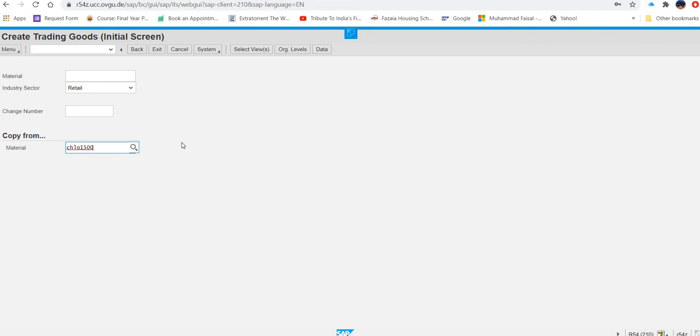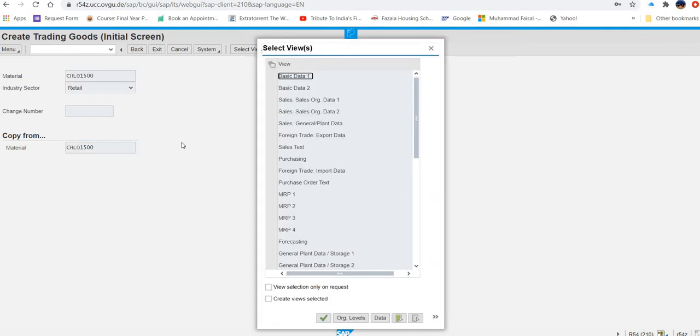Okay, I have put this number over there with my intentions, so that I can tell you that most of the time this mistake we do. So do not put that over there, put here, because it is mentioned in the exercise that you have to put it under the copy from, and then you will just press enter.